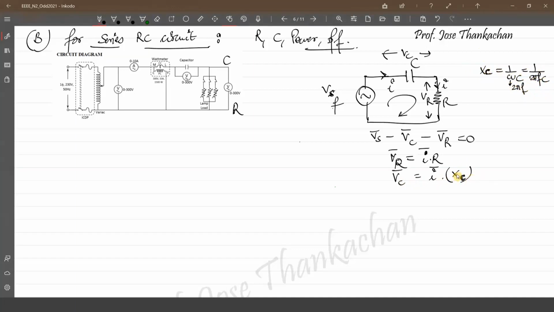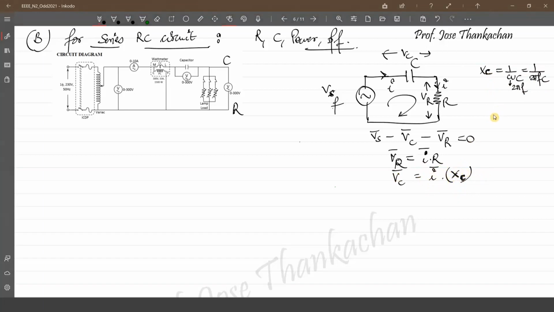Fine. So if I write down here, V is equal to current multiplied by the opposition offered by the capacitance, that is capacitive reactance XC. But capacitive reactance is a scalar quantity. So as per this expression, what do you understand? A scalar multiplied by a phasor. That means the total quantity will have the same phase as that of the current. That means voltage and current are in the same phase. For a capacitor, that is not true. That means this equation is actually an incomplete equation.